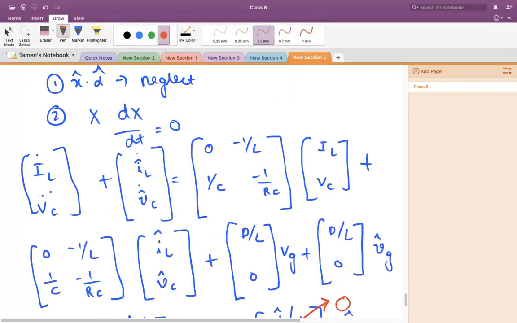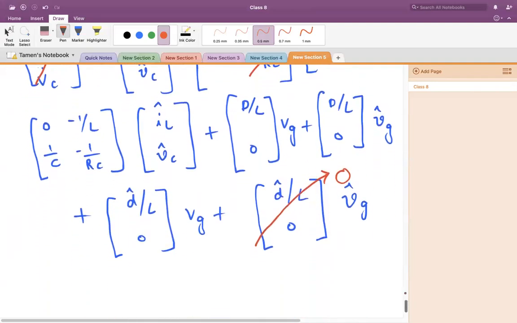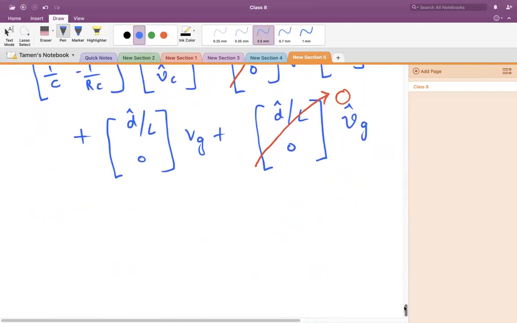Then this is 0. Then this will be 0. This will be 0. Now what do we have left? We are left with the equation